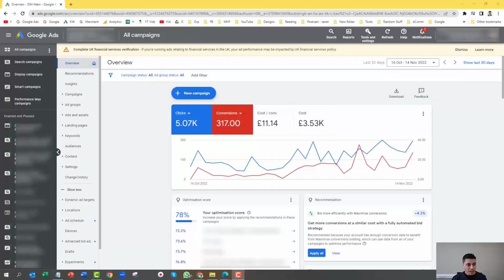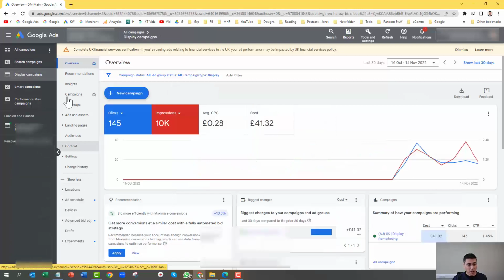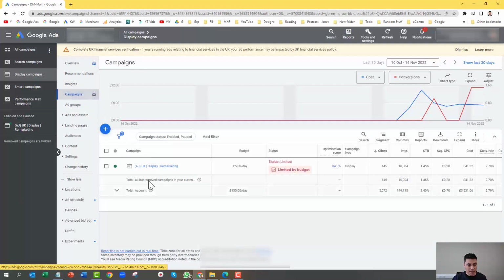How to exclude mobile apps in a Google Ads display campaign. So what you do first, you log into Google Ads and you click on display campaigns over here in the left hand column, and then you simply click on campaigns, and you'll get to see all the display campaigns. And I'm now going to select the campaign which is over here,